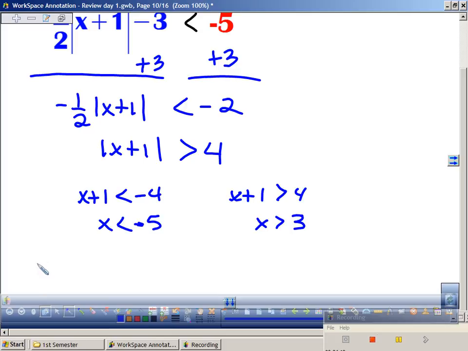Isn't that the same thing that we got? Where'd the 4 come from? I multiplied both sides by negative 2. Right, if I want to get rid of negative 1/2, I multiply by